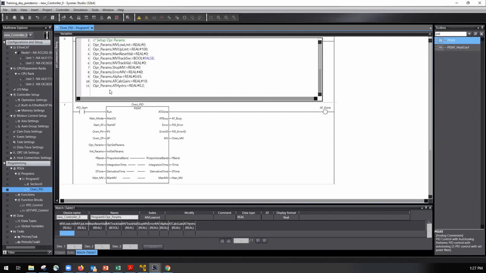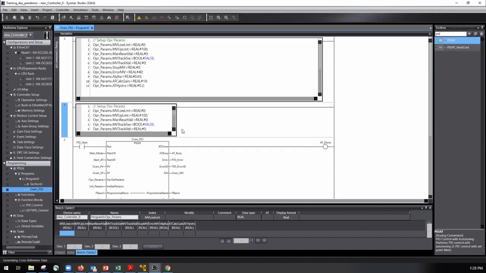Okay, so those are all of our operator set parameters. And we've got one more to go, which are the initial set parameters, init set parameters. So I'm just going to cut and paste this rung, delete the logic, and change the comment to setup